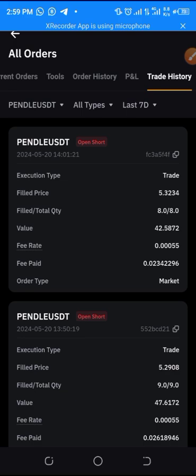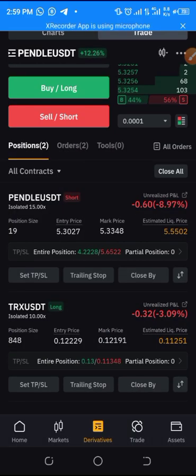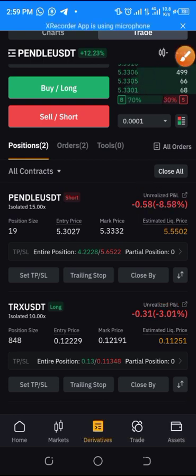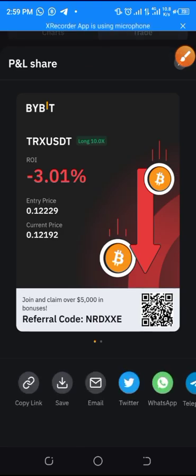So now let's say you are on profit and you want to show people your trade. There is this thing they usually show. It is this arrow you will click. When you click this arrow, when the thing pops up, you will know what I'm trying to say. So you can download it. You click on save, you download it. Then you can go and share it to anyone in any group to show that you are trading TRX USDT and you've made a profit, or you've made a loss of